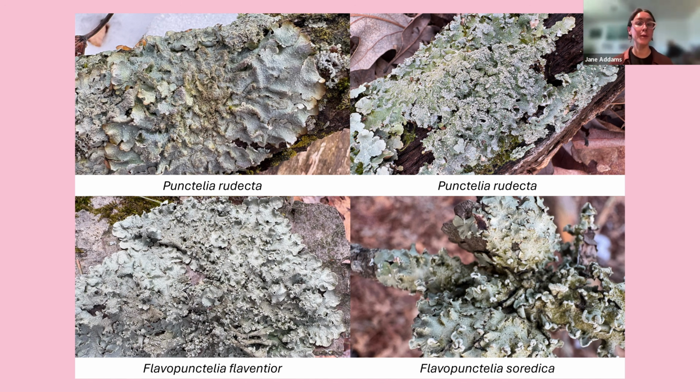So when determining what lichens may have been used by people in this area for purple dye, and thinking about whether or not these Norwegian immigrants who were used to making purple dye from lichens in Norway would have come out into the woods here and tried to reestablish that natural interaction,